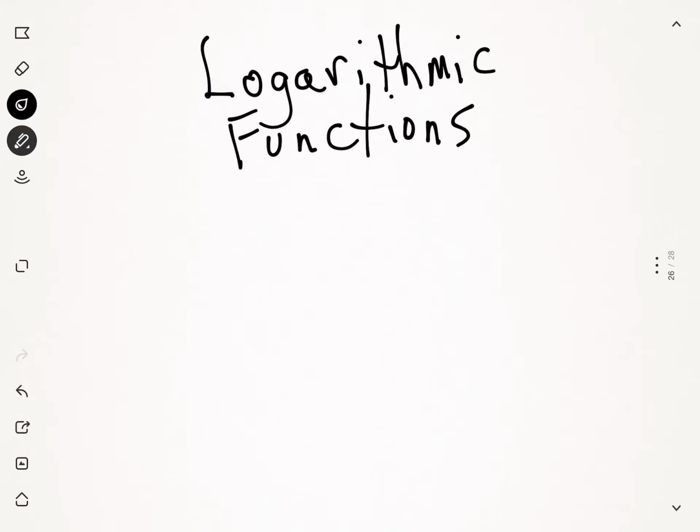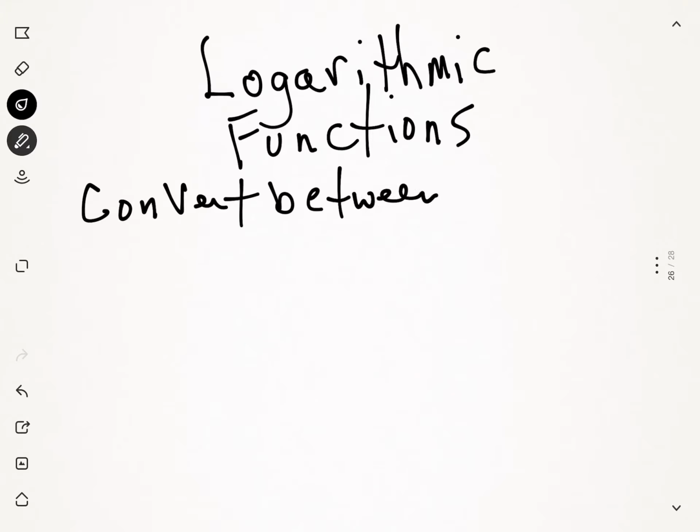So, for a moment, I want you to consider the following. Convert between logarithmic